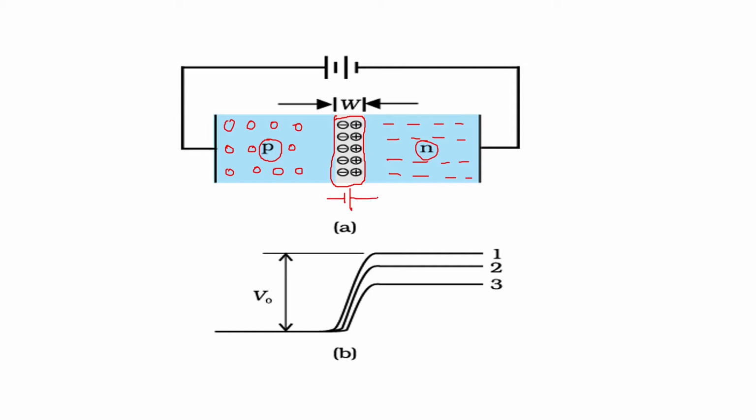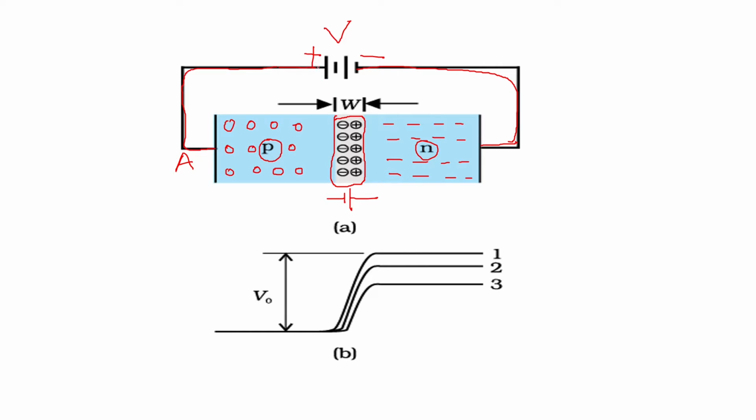Now that electric field will be opposing the voltage applied in forward bias condition. In forward bias condition, we have said that the anode terminal, which is the p-type semiconductor terminal, is connected to the positive of the battery, positive of the external voltage, and the cathode, that is the terminal of the n-type semiconductor, is connected to the negative of the battery. If this is the connection, it is called forward bias connection. Figure A shows that we have connected the p-n junction, that is a diode, in forward bias.